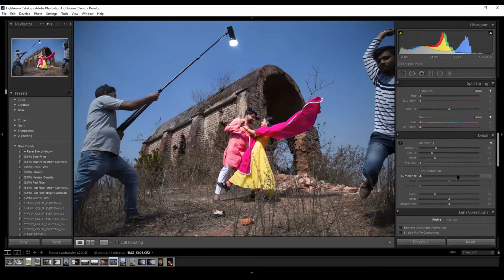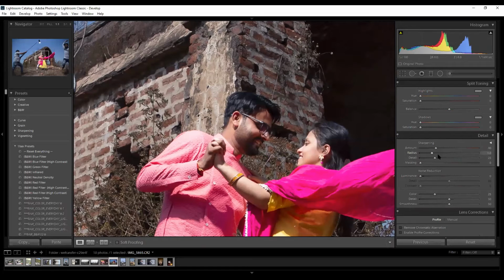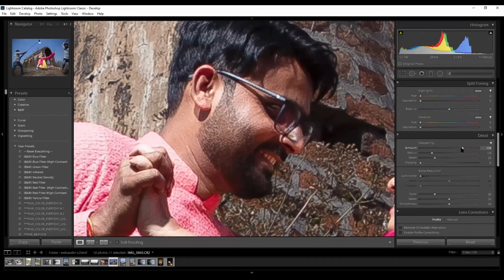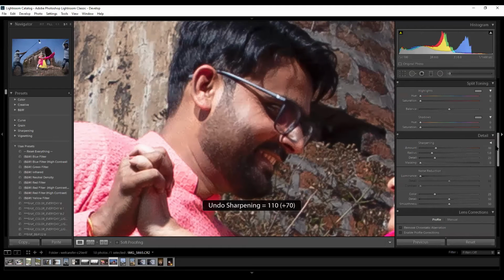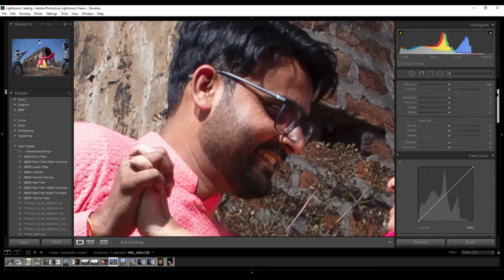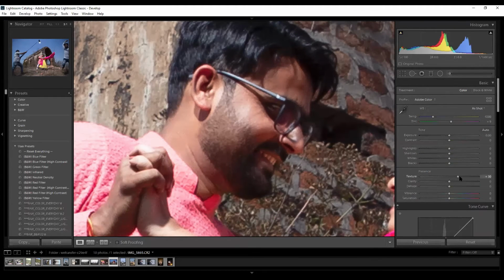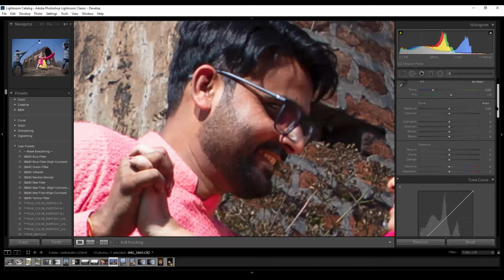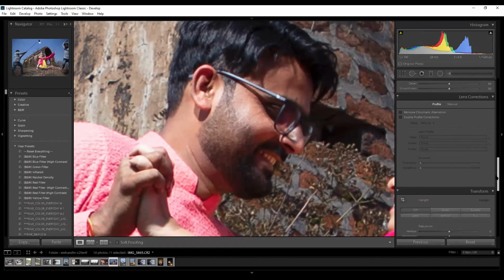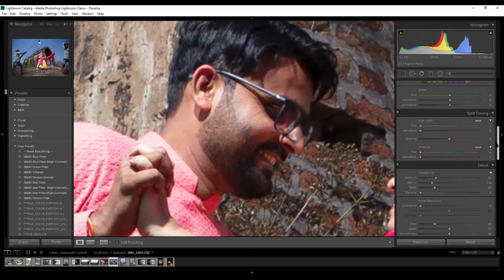Next we come down to sharpening. Basically, sharpening will try to enhance the textures, not the saturation or colors of the texture. It will enhance the texture with the blacks and whites only. Now understand the difference. Whenever we increase the texture, you can see an increase in the colors also. But whenever we increase the sharpness, you will only see the enhancement of the blacks and whites.